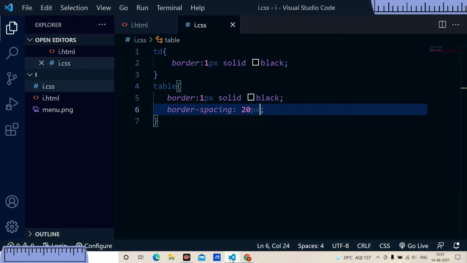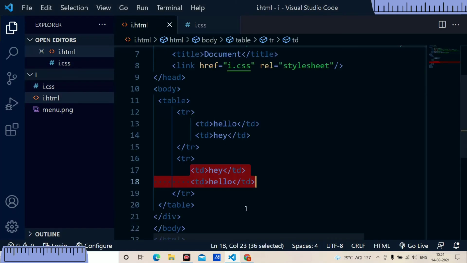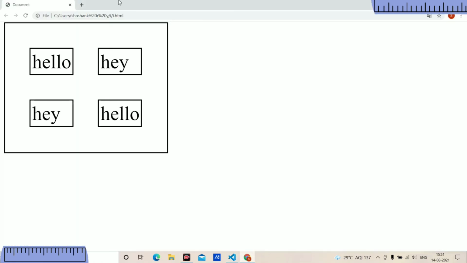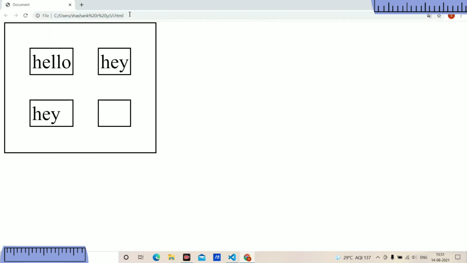When I'm going with the empty cell, here we have the hello, and I just clear out this hello and save it. When I reload the page, as you can have a look at here, we have nothing in this blank column.